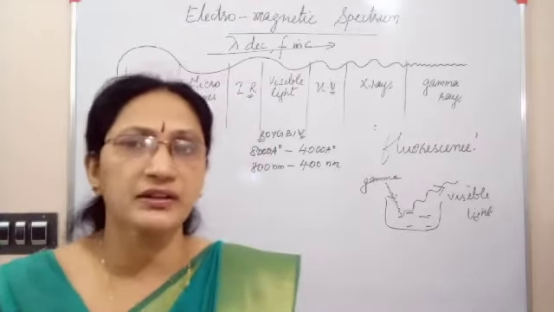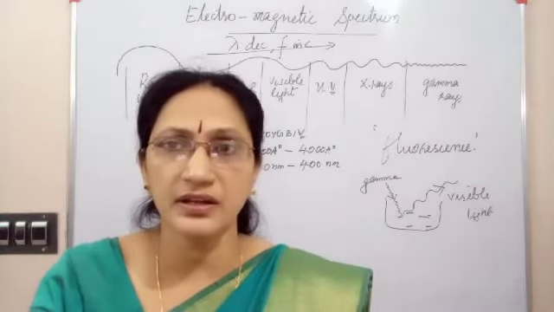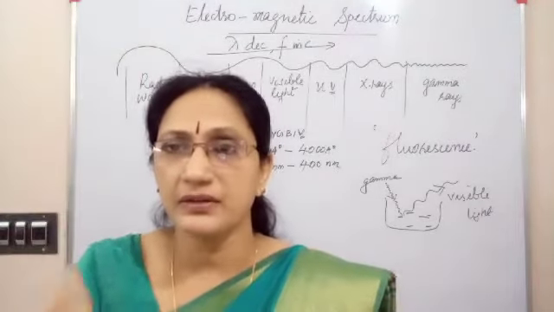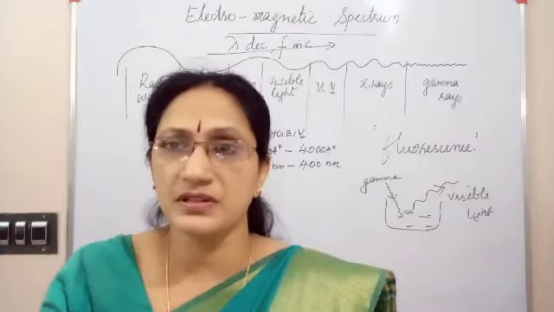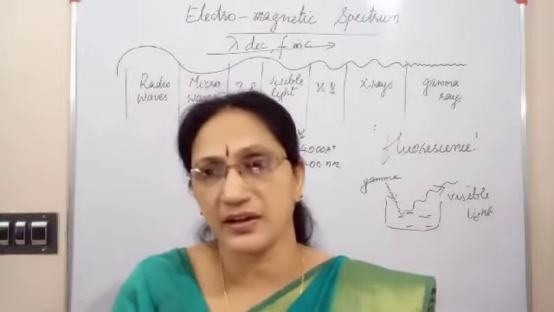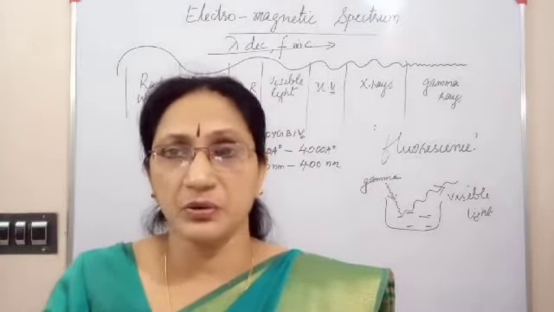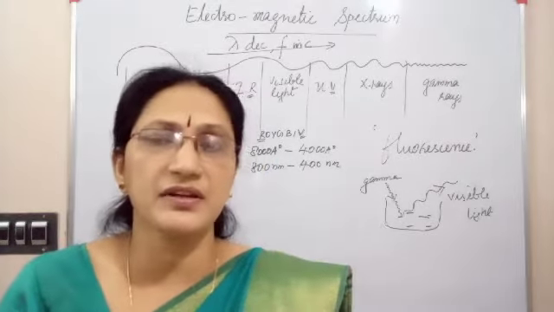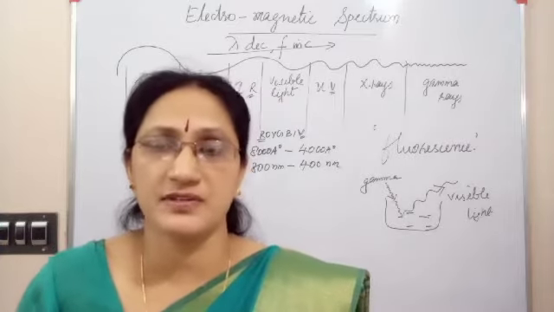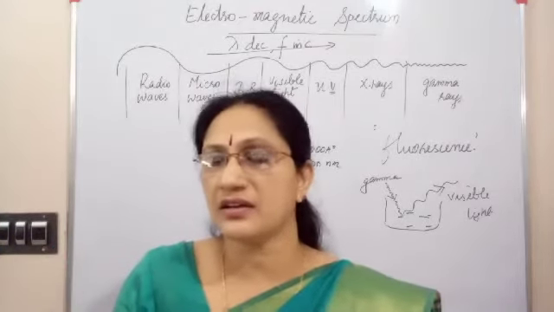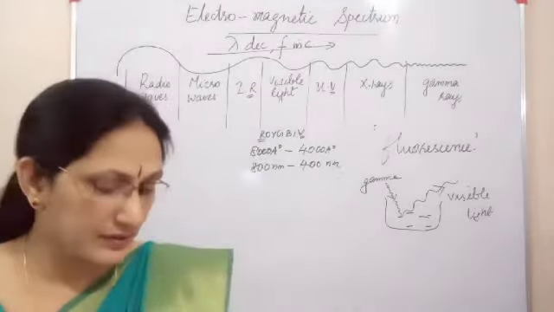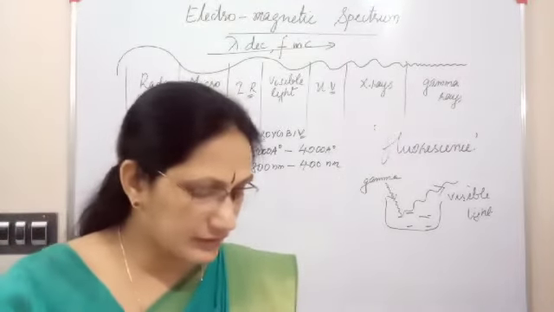You might have seen in banks, the cashier counts the notes under a particular lamp. Just above him you might have seen a lamp, that is an ultraviolet lamp. When he counts the currency, if fake currency comes, it can easily be detected under an ultraviolet lamp. In the same way, original diamond and fake diamond you can identify easily with ultraviolet radiations. Then if any documents are fake, if any erasing is done in any document, it can easily be found out or detected under an ultraviolet lamp. These are some uses of ultraviolet radiations.